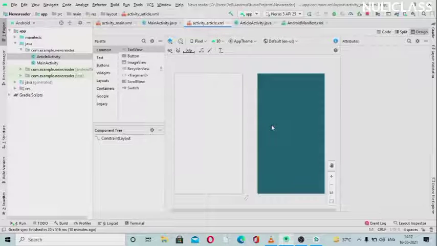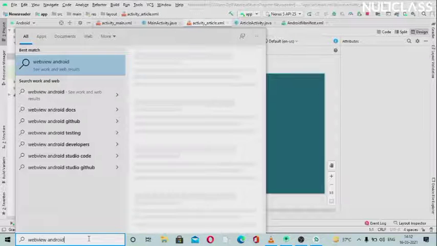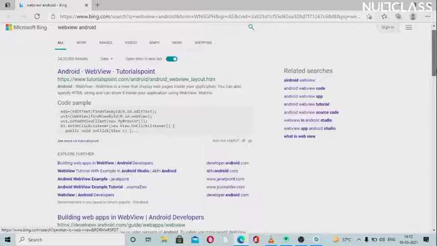In order to add that, we will be needing the web view. We need web view to get installed so that we can show that. Web view is basically to show HTML content and HTTPS links. So I will just show you what that is. So web view should be here.